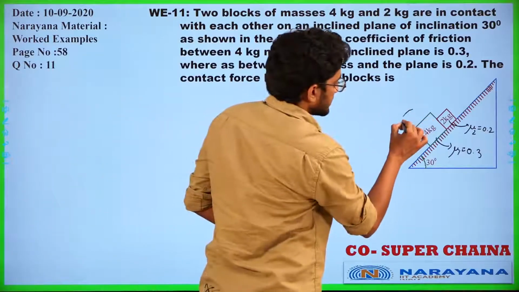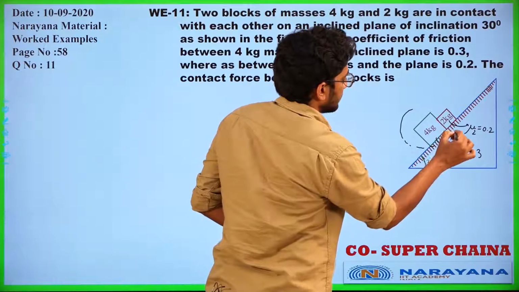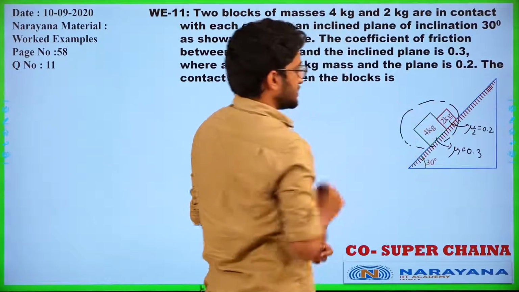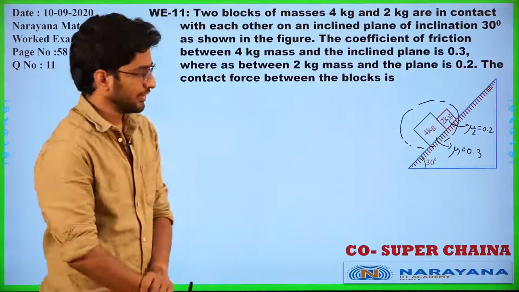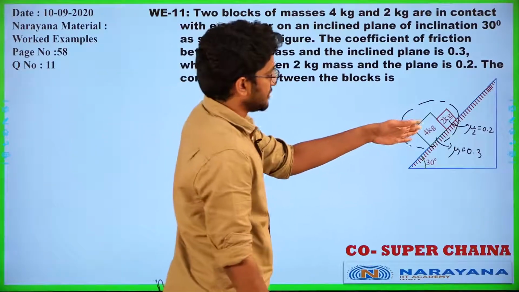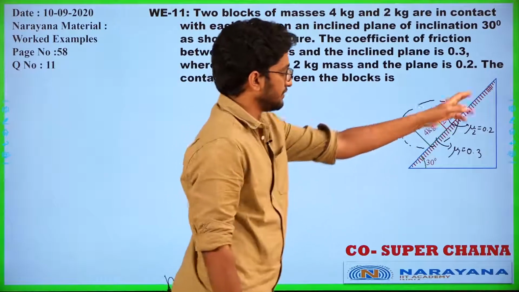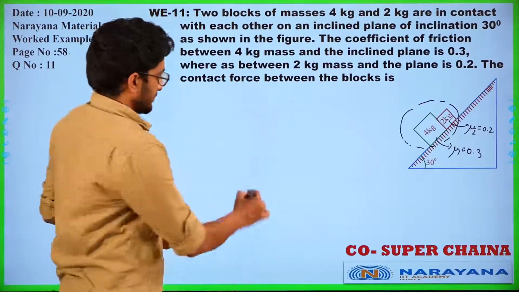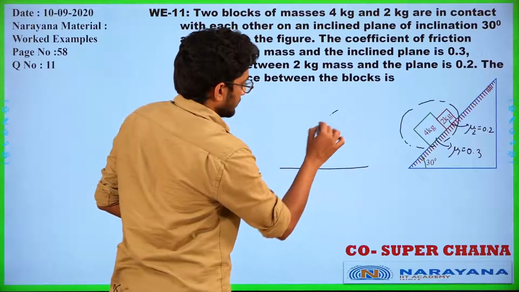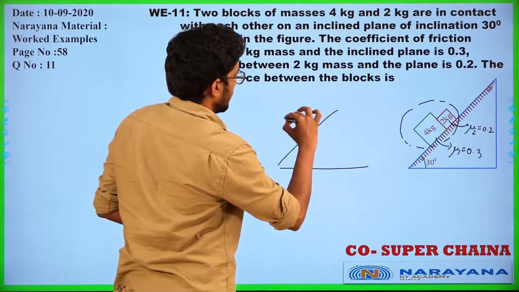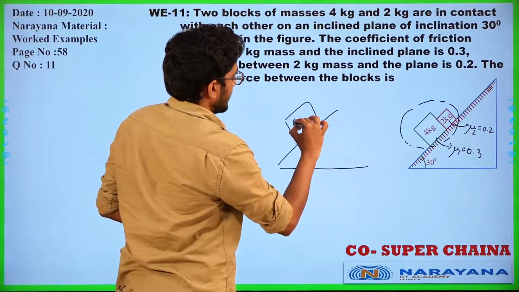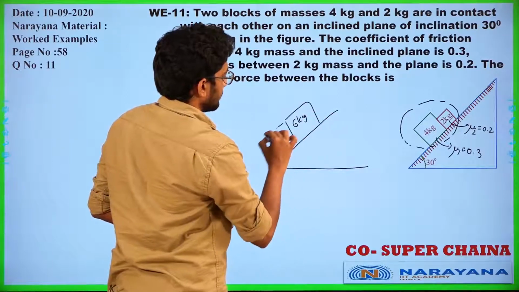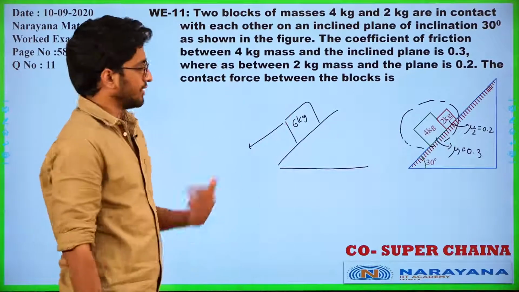So now I take this whole mass as a single object. Two frictions are acting, I can say. And on this mass, what are the forces acting? Its weight is acting and the friction is acting, and you need the contact force between the blocks. So if I take it as a single block of mass 6 kg, or even if I take them